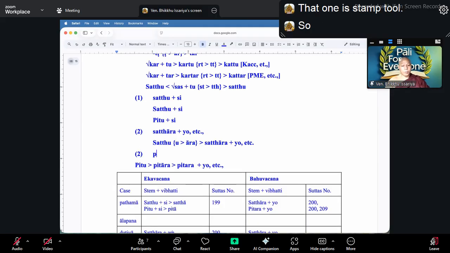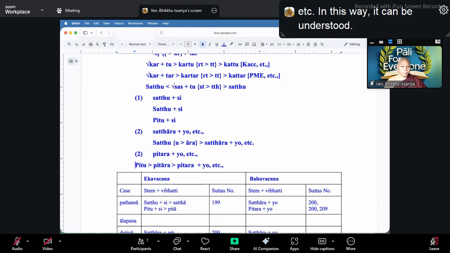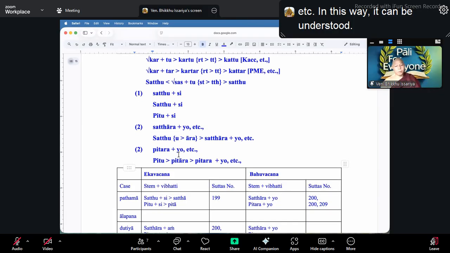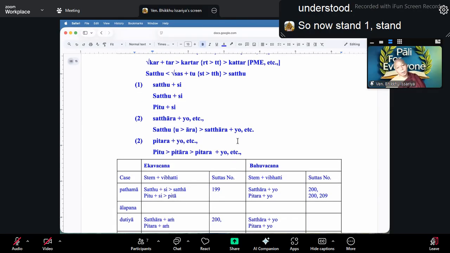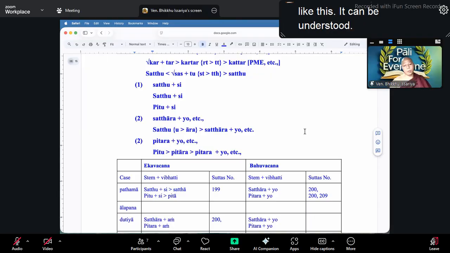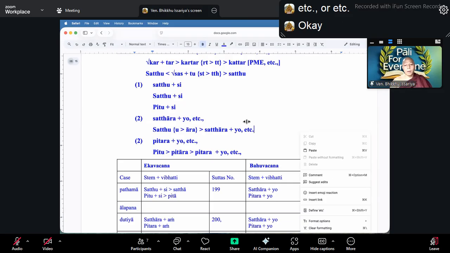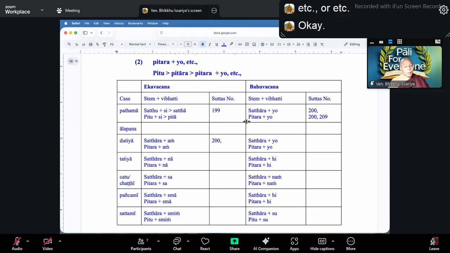So for the bitara and the your etc., in this way it can be understood. Okay. So now stem 1 and stem 2 are like this, it can be understood. Your etc. Your etc. Okay. And then